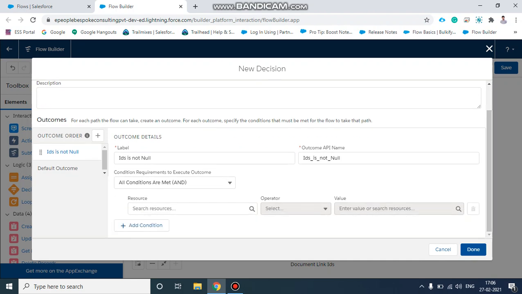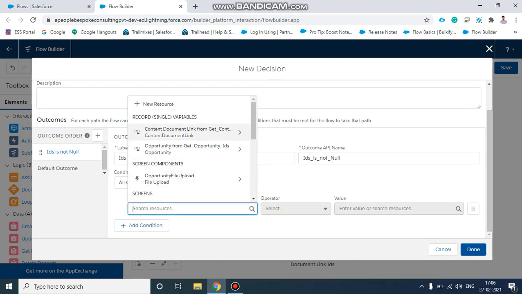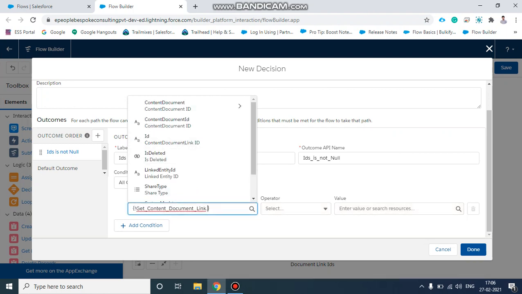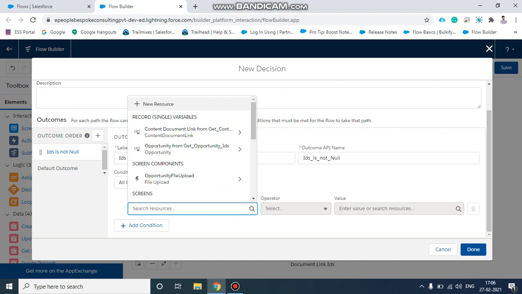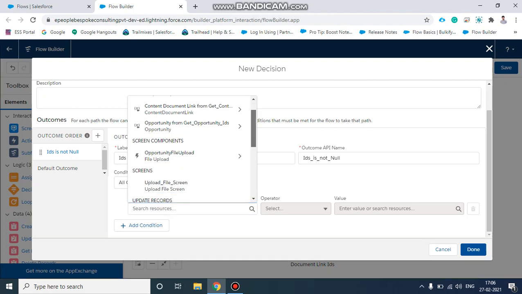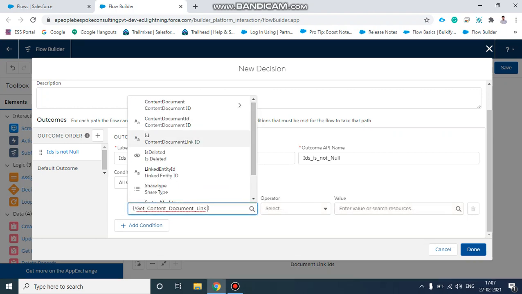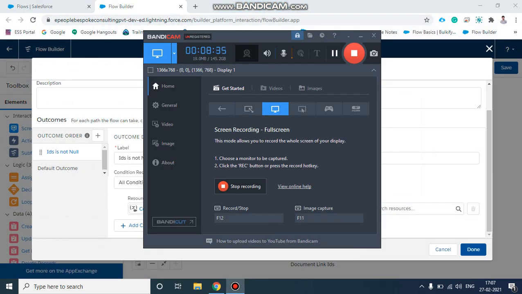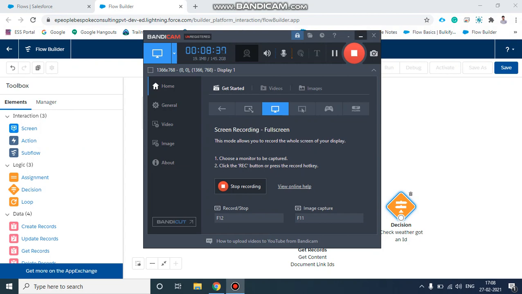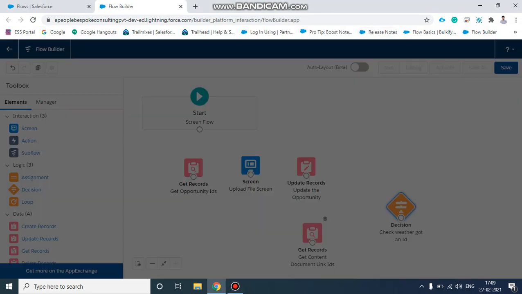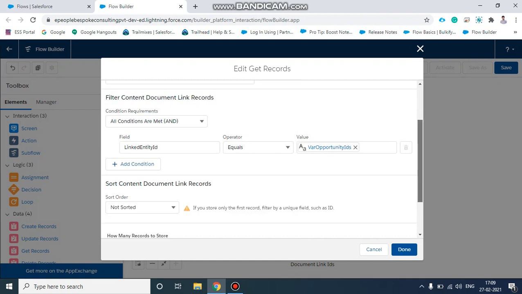So I will give a condition that whenever we get a ContentDocumentLink. Yeah, one thing we missed here: we need to select all, we need to take all the records.